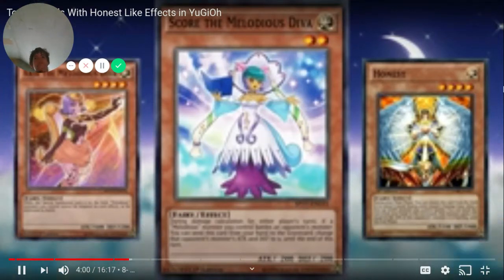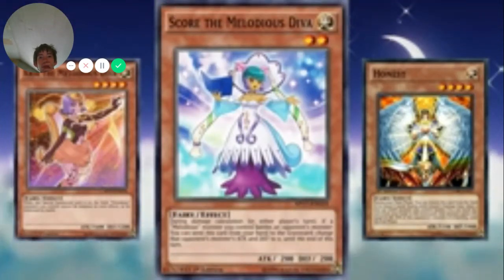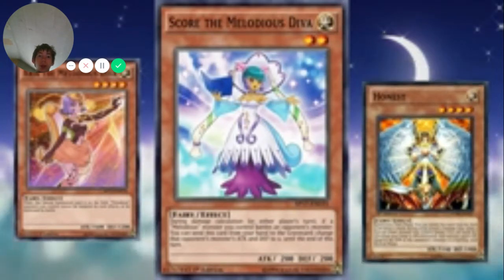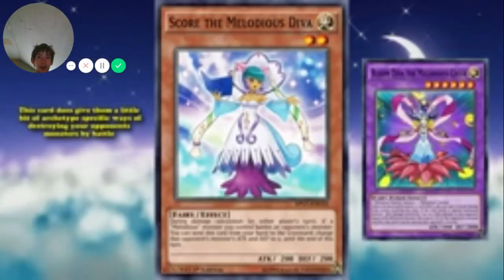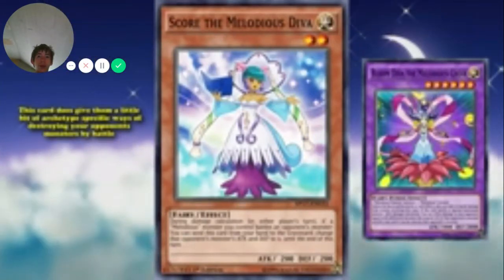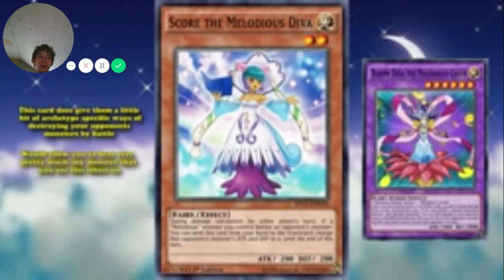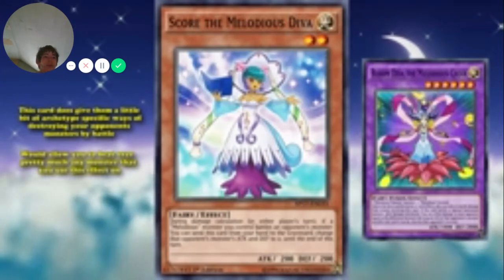This does give you the attack equal to your opponent's monster's current attack, and not their original attack. Now, Melodious monsters are not a very battle-focused archetype, and one of their strengths is the fact that they're very hard to defeat. So this card does give them a little bit of a way of actually destroying your opponent's monsters by battle, which is something they kind of lack, and would allow you to beat over pretty much any monster that you use the effect on, assuming they're not unaffected by card effects